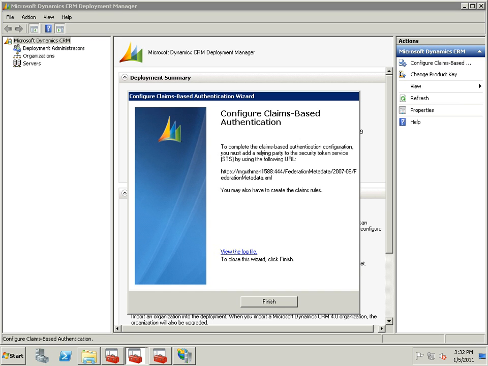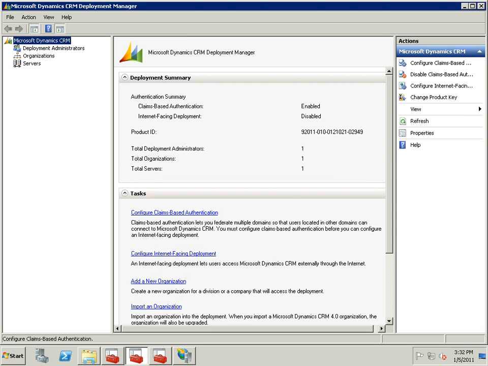Again, since this deployment will only be used for internet-facing deployment, we only need to worry about the external authentication endpoint essentially, but both need to be configured, claims and IFD, because claims is a prerequisite for configuring IFD. So as you can see, the deployment manager now indicates that claims is enabled, and the next thing we need to do is